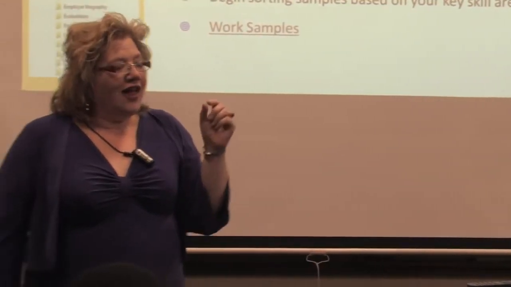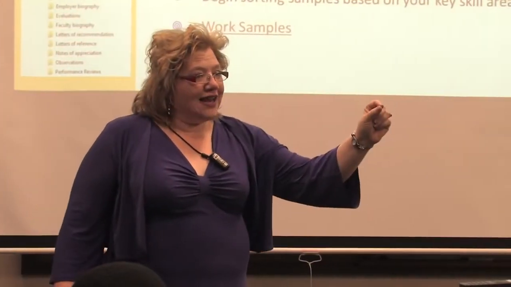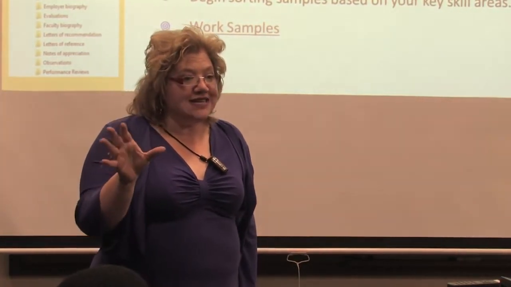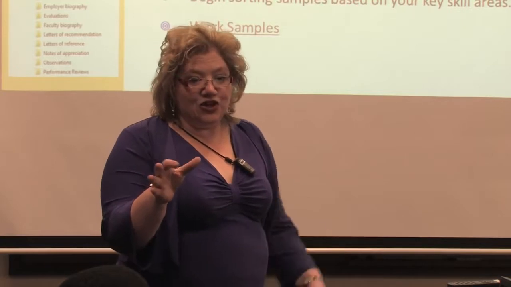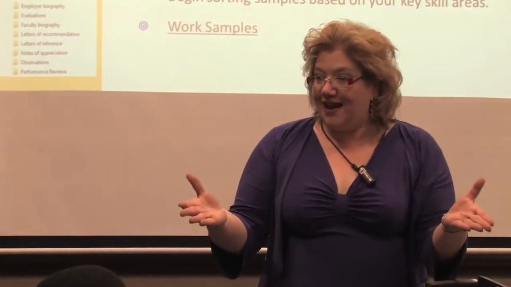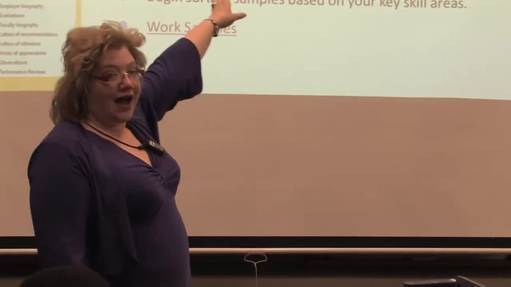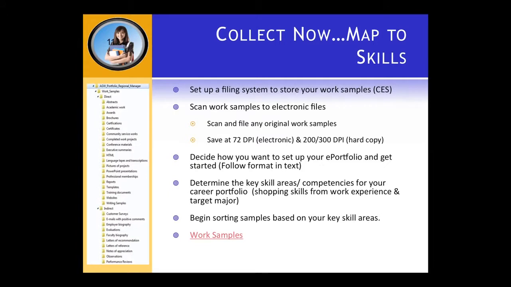Second of all, if it's going to be electronic, it needs to be small. If it's going to be printed, as in you want it to be camera ready and beautiful, it needs to be at a high resolution. So 72 DPI for an electronic file, 200 to 300 DPI for camera ready copy. I'm just giving you the publishing gig so you could make it easier.